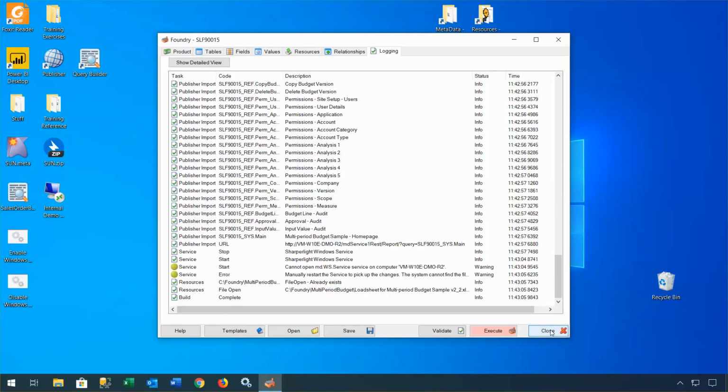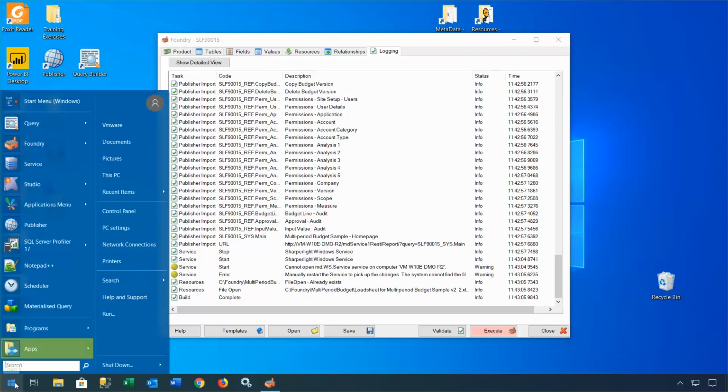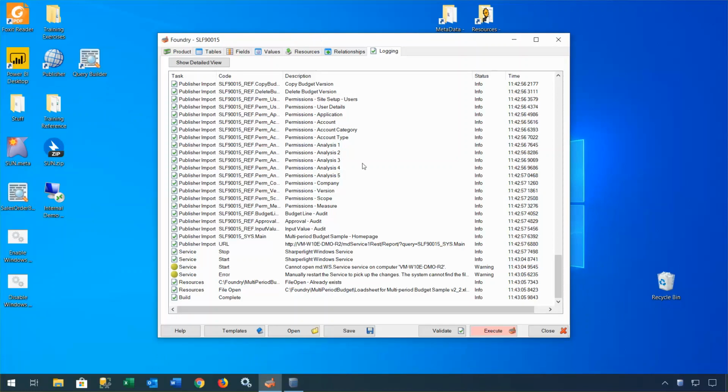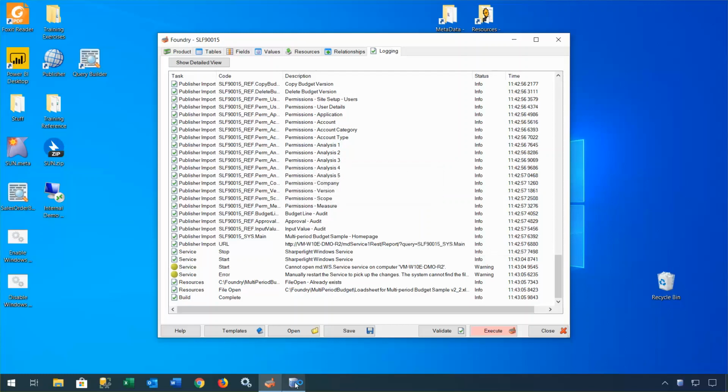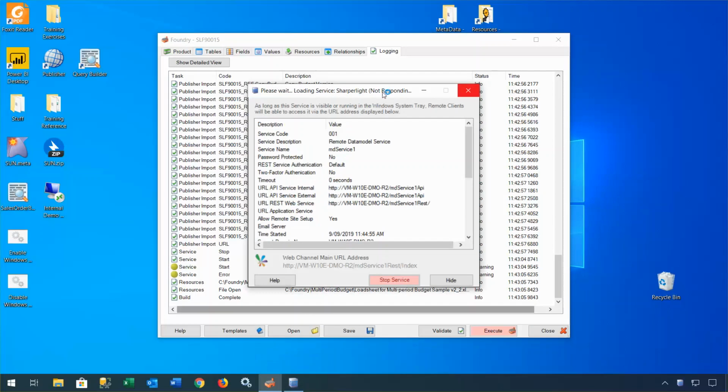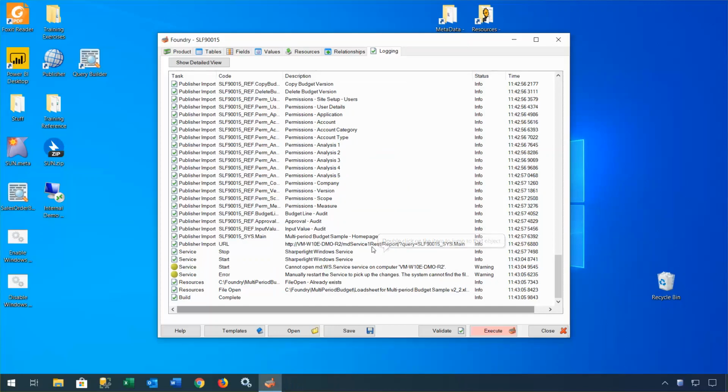I can actually change this workbook, close it. And I will now, well, actually before I close the Foundry project, I'll actually start the service. Normally you'd be running the Sharperlight service as a Windows service. Because this is a demonstration environment, I'm running the manual service, so I've got control that I can easily go in and stop and start the service without going into the Windows service control. Okay, I can hide that, and I can use this link